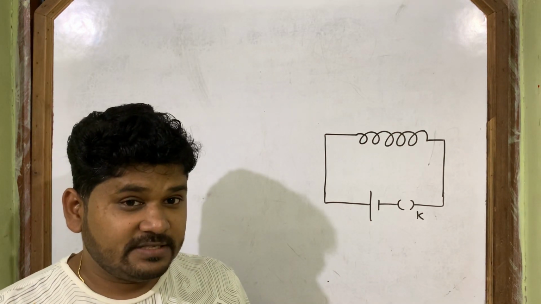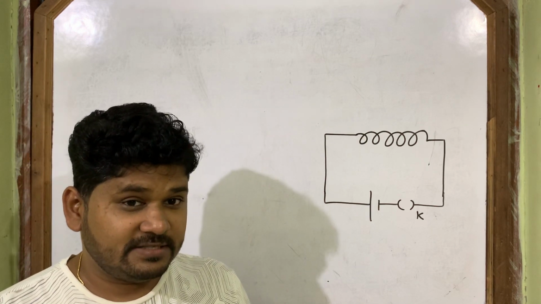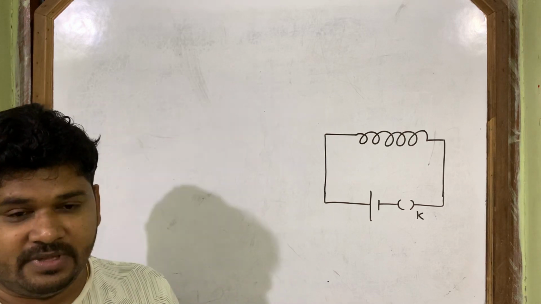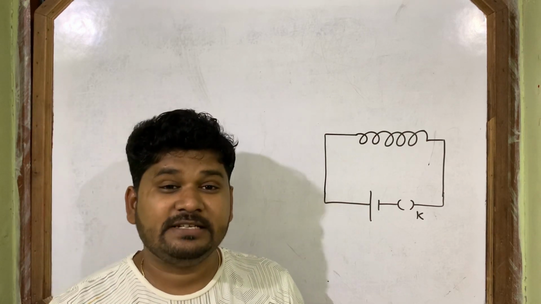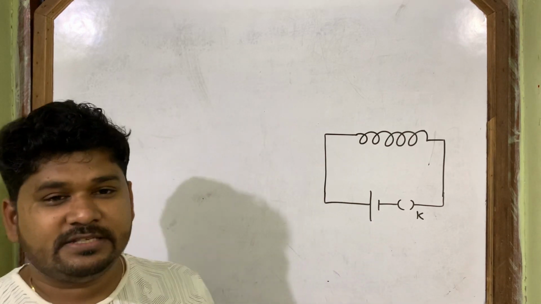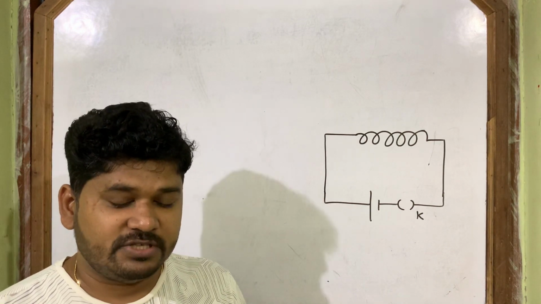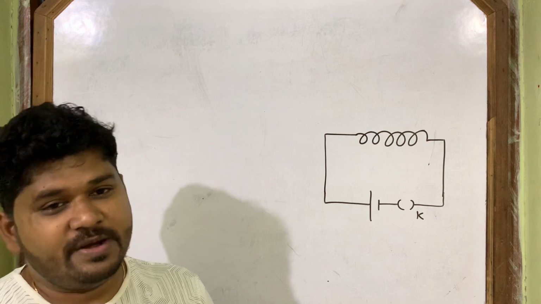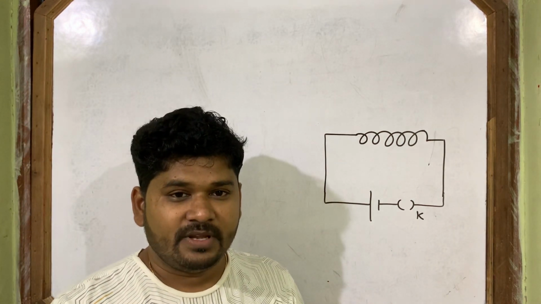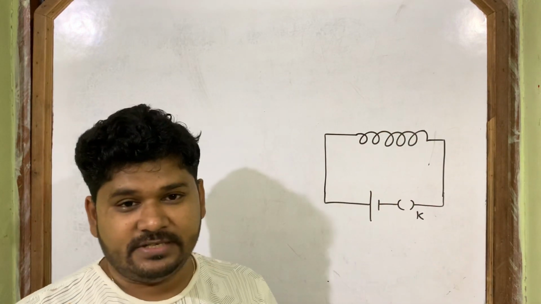Direct current means, as you know from the current electricity chapter, the current which is always constant, constant in magnitude as well as in direction. This is the positive terminal, this is the negative terminal, and this current is constant. Suppose 10 ampere current is passing through the circuit, meaning always a 10 ampere current passes. So when this source is connected, it provides a constant current in this circuit.